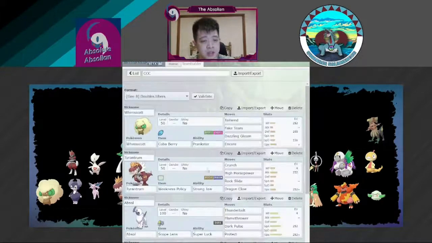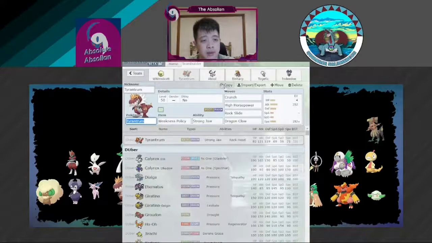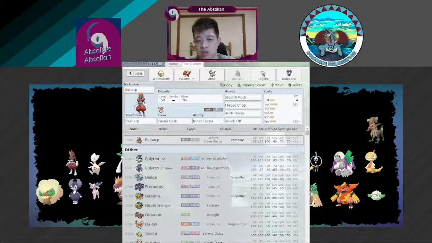So my main lead is actually I'm going to use Absol and Bisharp. The reason is Trick Room is a big issue over here. So with my Inner Focus Bisharp, I need to Knock Off to scout whether the Klefki has a Mental Herb or Light Clay, or if not Focus Sash, or if Oranguru has a Mental Herb or Focus Sash, because that is really important. So yeah, when that happens, I can just use my Absol Max Darkness and then Knock Off,